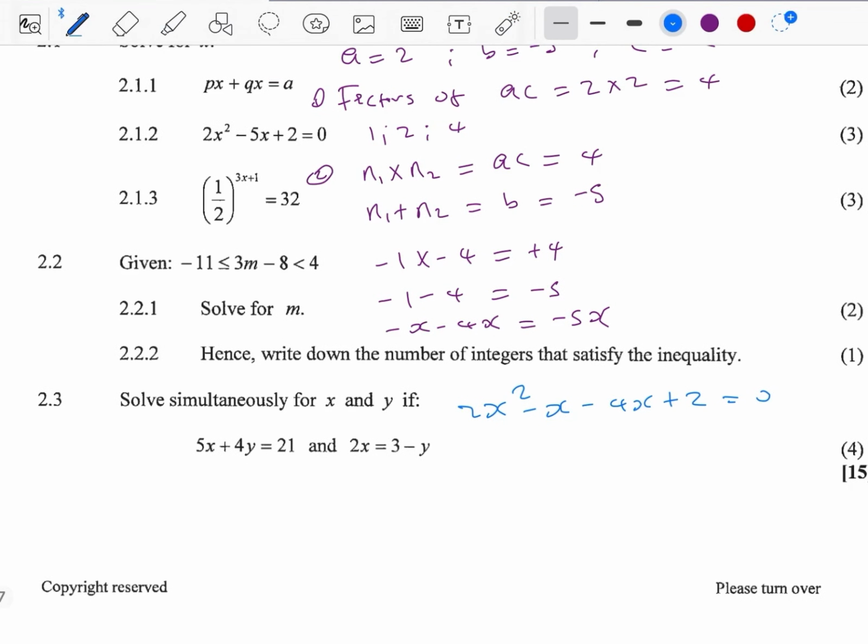But let's continue, and then from here you can now find the common factor. The common factor in here is x, so we factor that out, and then you're going to say 2x squared divided by x, that is 2x, and negative x divided by x, that's negative 1. And then from here you find a common factor. The common factor is 2, right? And so if we factor that out, and then you say